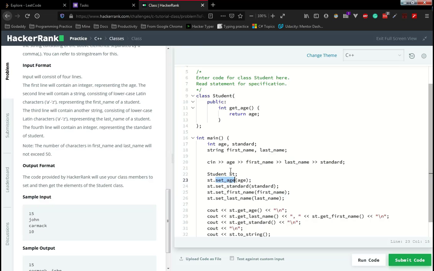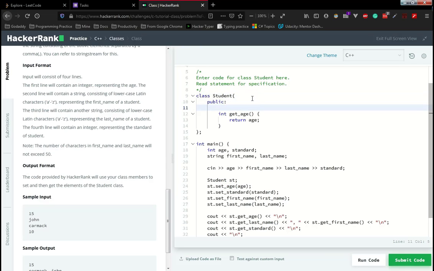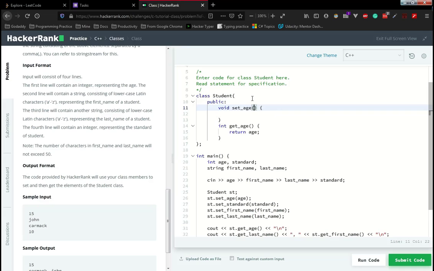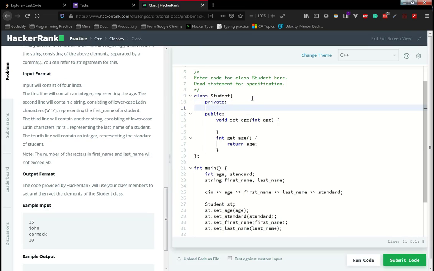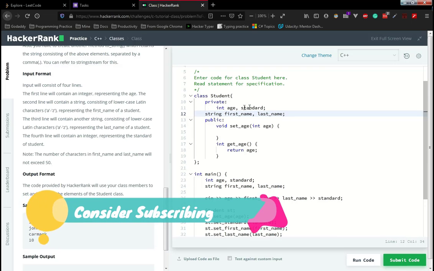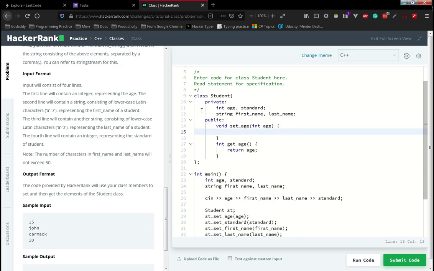So we need to create one method called set age and make everything public. Set age doesn't return anything, so mark the return type as void. This set age method accepts a parameter of type int called age. We also need a private section representing a set of variables, so I'm just going to copy paste this. So I have got a few variables and I'm going to use them: age equal to age, which means this age is coming from this one.